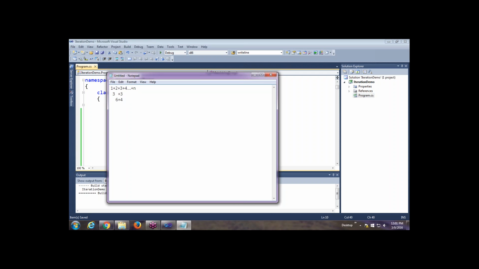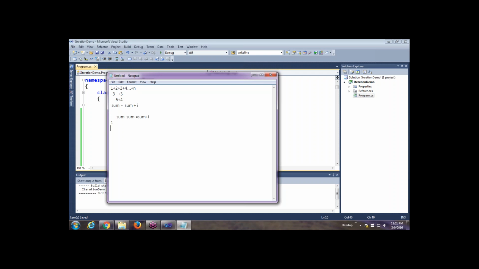So this 6 is a summation of the previous numbers. So let me write 6 as the sum. This has to be added with the next number. Now what is the next number? First time it was 1, then it became 2, then it was 3, then it was 4. So it is something like I, and after finding the sum we are getting the new sum. So here the sum is equal to sum plus I. If you observe the values of sum and I, we are speaking about the new sum, which is sum is equal to sum plus I.